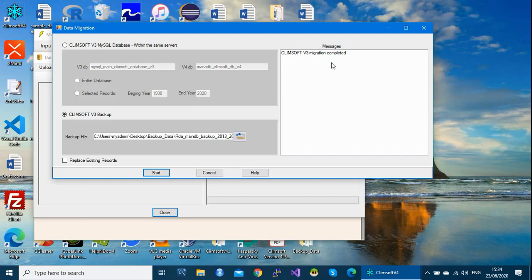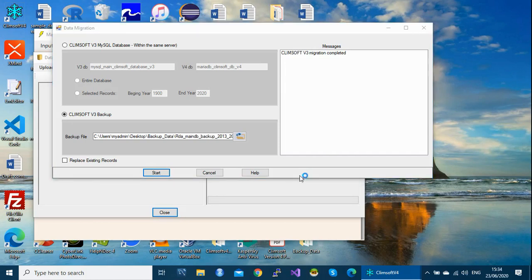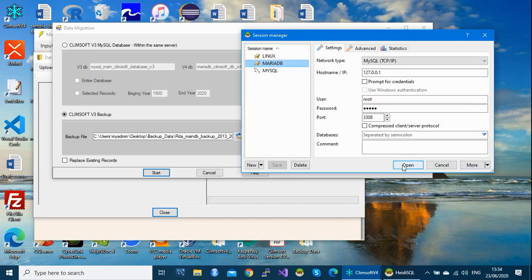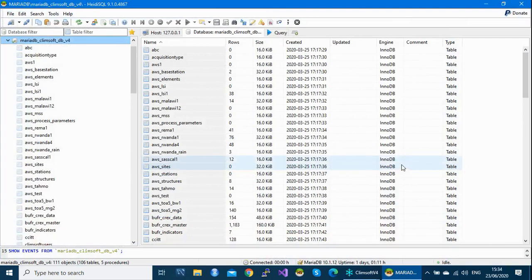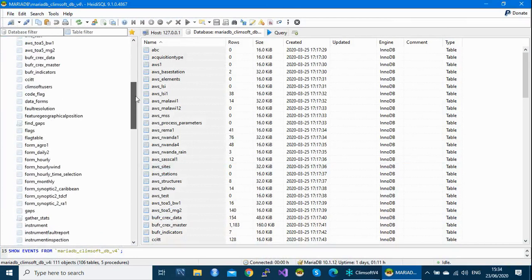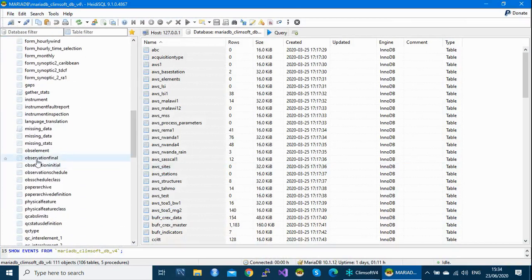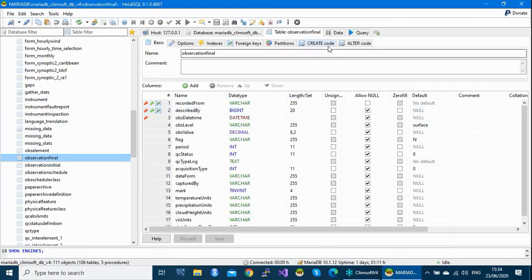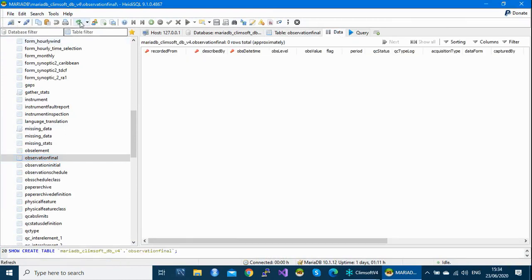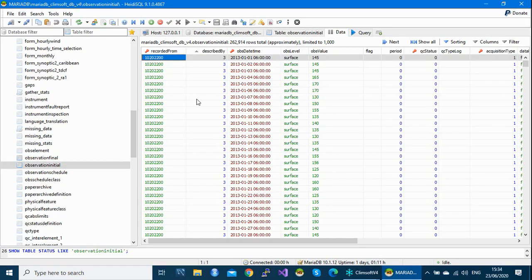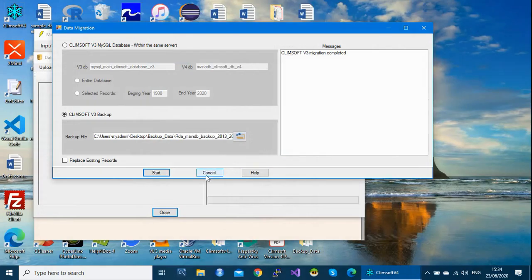So the next step is to check. This process is done by the administrator, and the administrator can first check via the database. As I said, this data goes into the observation initial table. If you check this table, try to refresh. Yes, you can see now this table is populated. And to check this using CleanSoft, you can close this one.